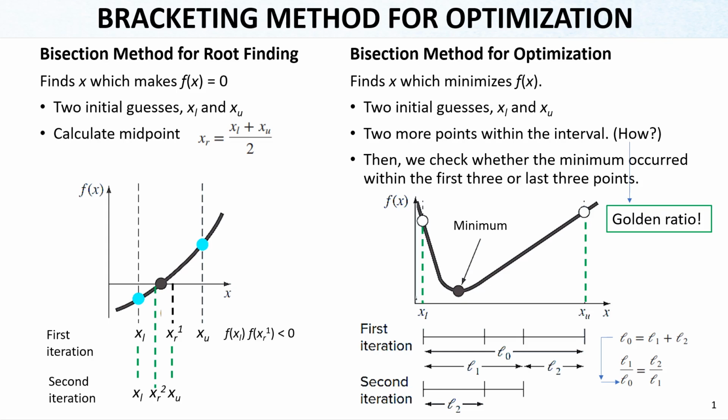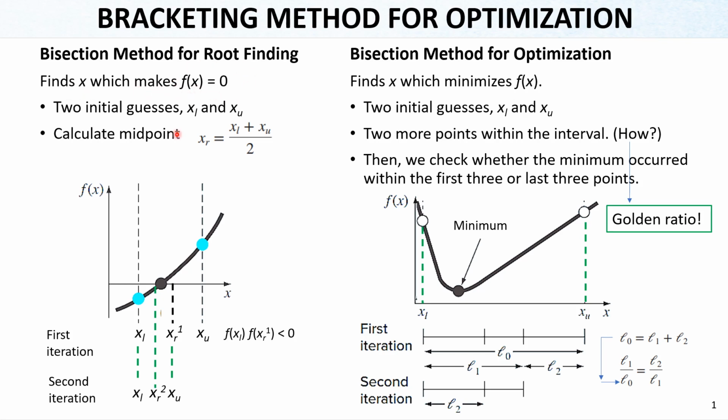In this slide, we will be learning about the bracketing method for optimization. And for that, let's first compare the root finding method, which is the bisection method, with the use of the bisection for optimization. Basically, you know that in the root finding, we will find x which makes the f(x) equals